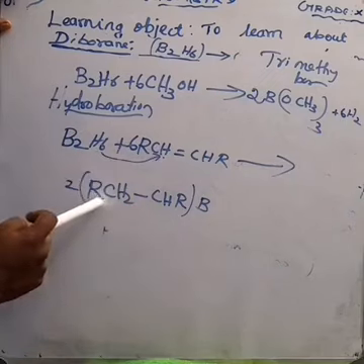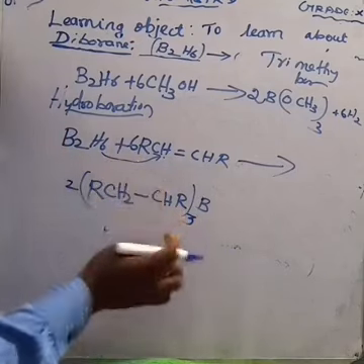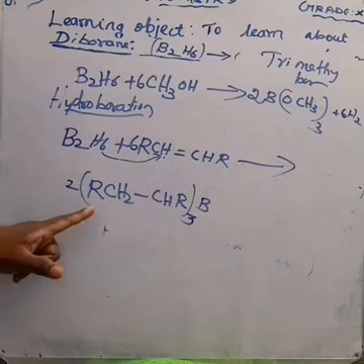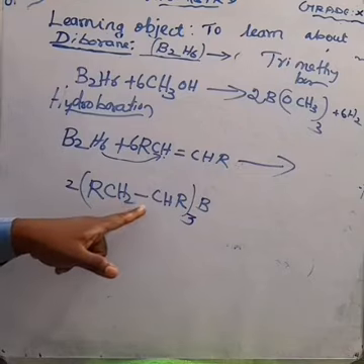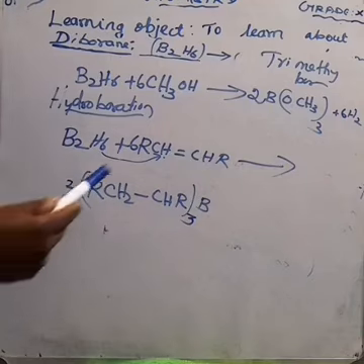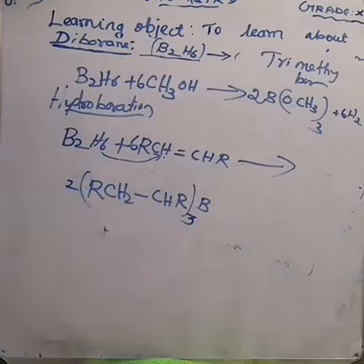the R also can be balanced. Am I right? Here R means we are using an alkyl group, that is the CH3 group. What is the alkyl? CH3. Am I right? So we can write it as 2R, CH2 bond, CHR. Am I right? Can you write? So how many R groups are there? 6R groups. Am I right? If we are writing 2